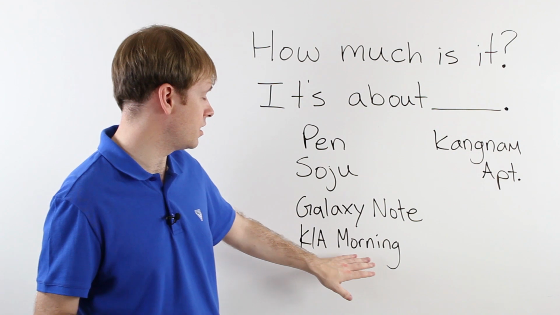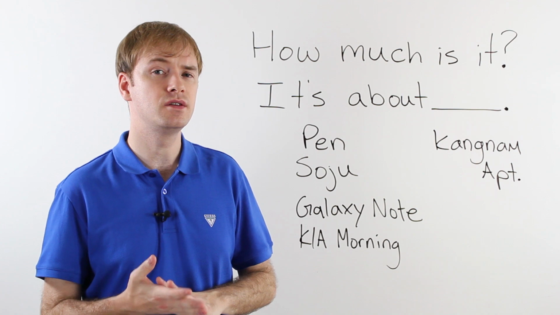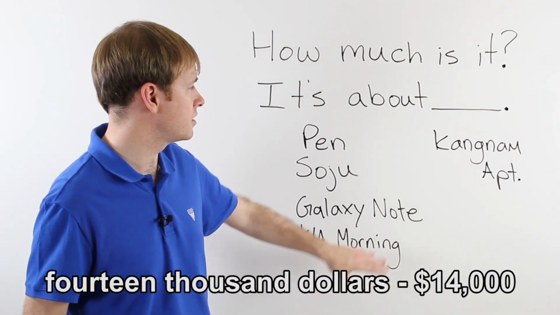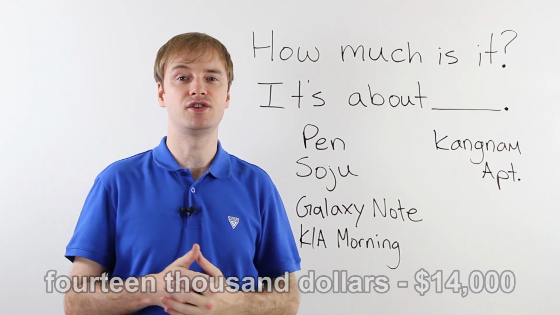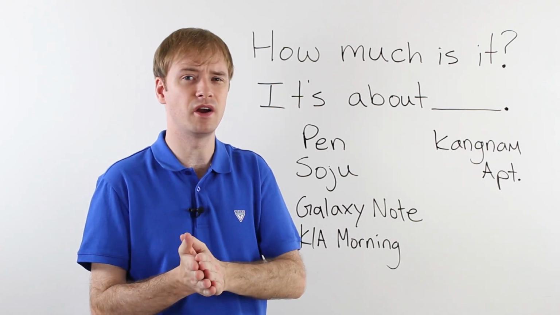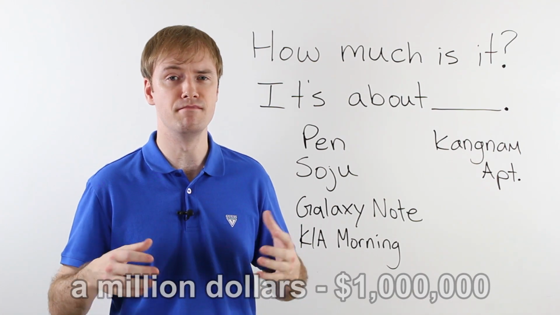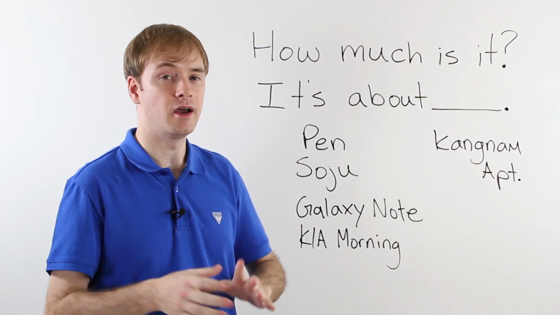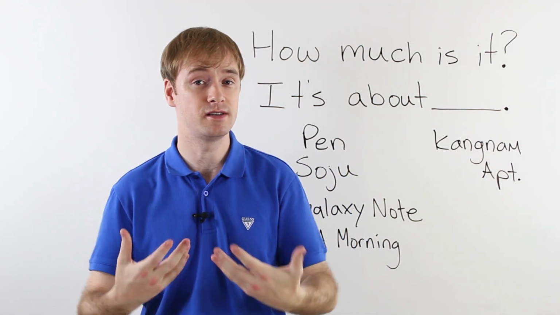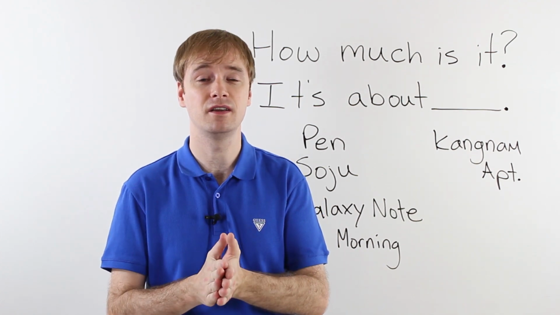The Kia Morning, the car, how much is it? Well, it's about $14,000. And the Gangnam apartment, how much is it? Okay, very expensive. The Gangnam apartment, maybe that's around $1 million. Very expensive, a lot of money. It's about $1 million. All right, I hope you have a good understanding of American money and how to express it in English. Be careful not to make a mistake with American money. You don't want to